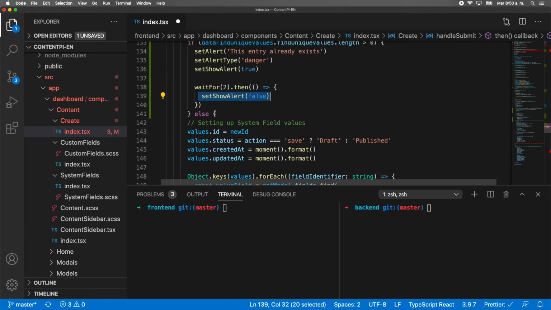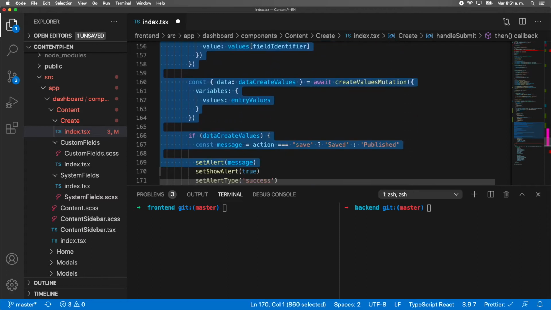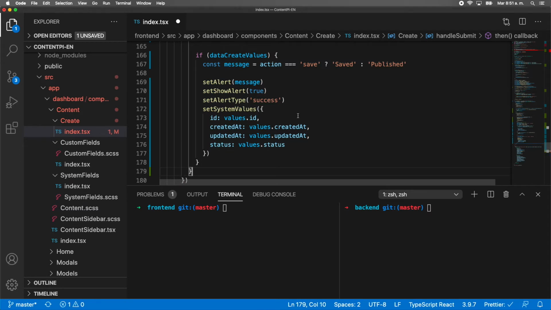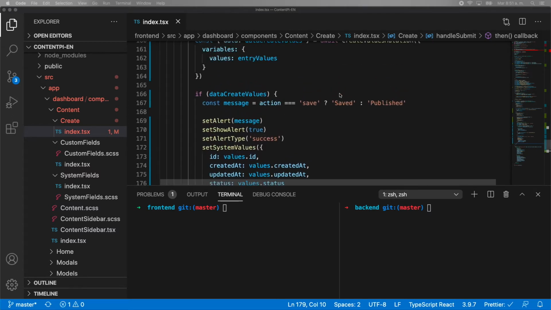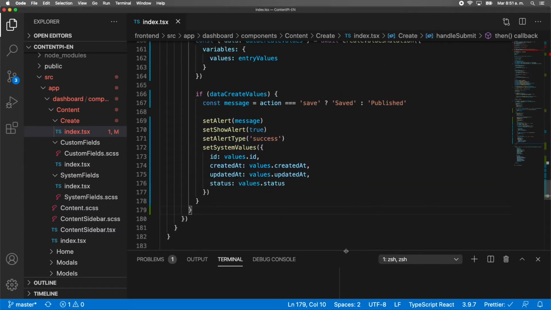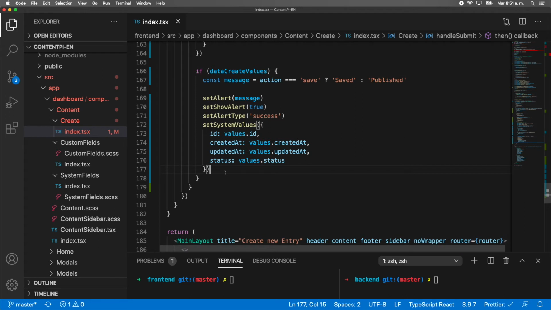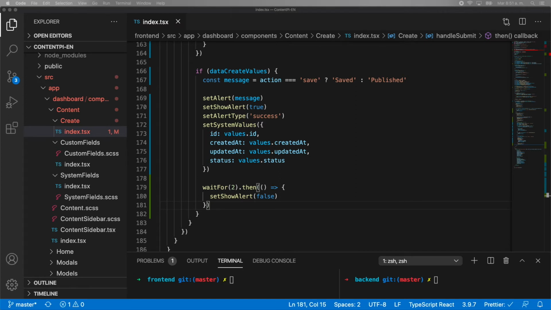And then in the else, we need to put all this code inside the else block. Okay, let me check if I need to do something else. Yeah, so here, after we create the values correctly, I also had missing this part to fix the alert animation. Now if we go to content index,